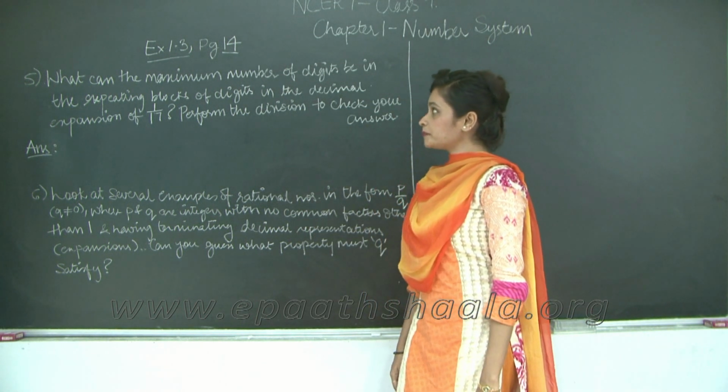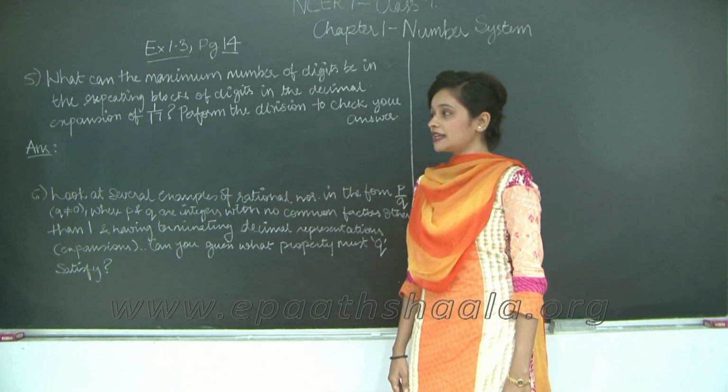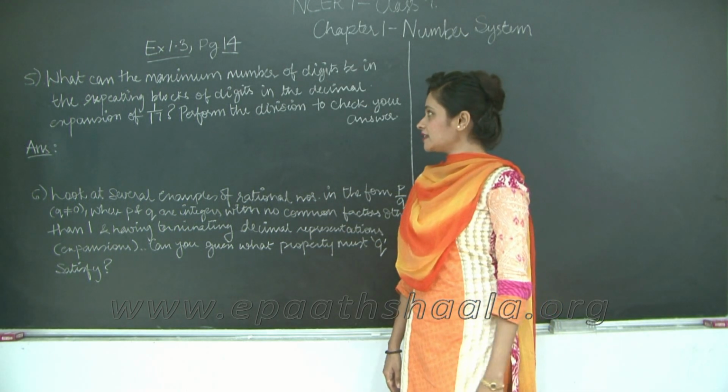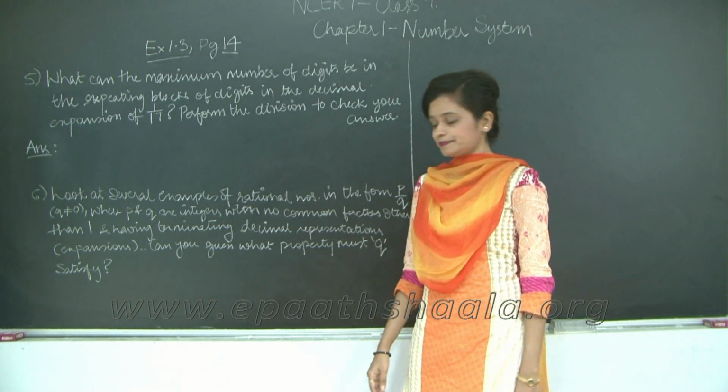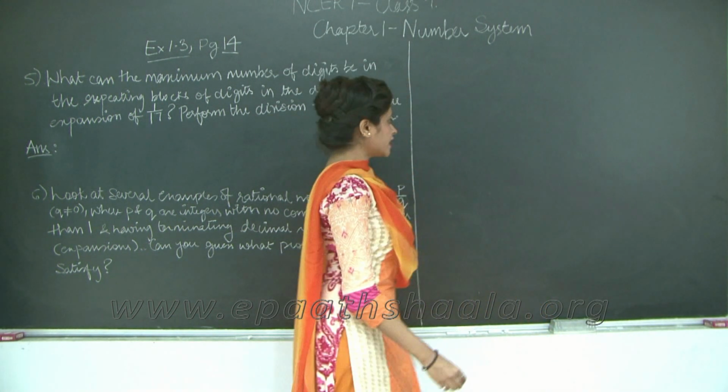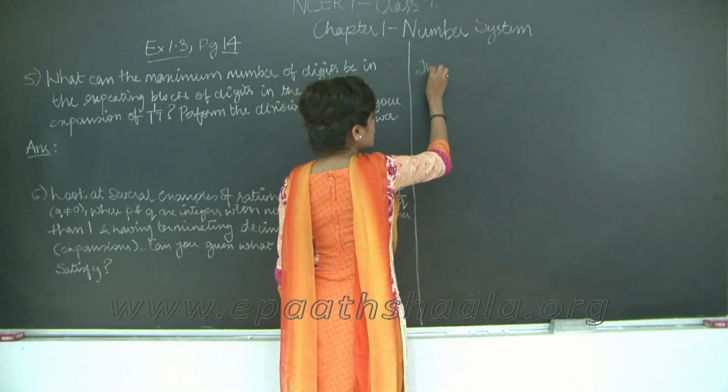Let's read the question. What can the maximum number of digits be in the repeating blocks of digits in the decimal expansion of 1 upon 17? Perform the division to check your answer. Now before I proceed with solving this question, we know that the maximum number of digits